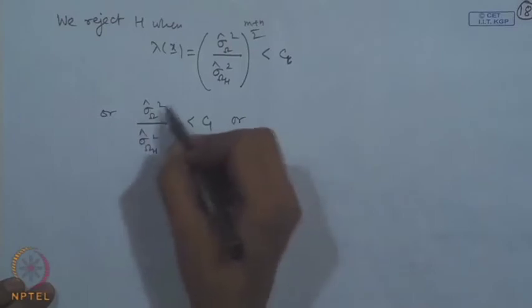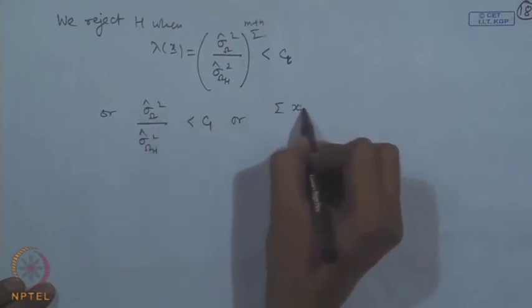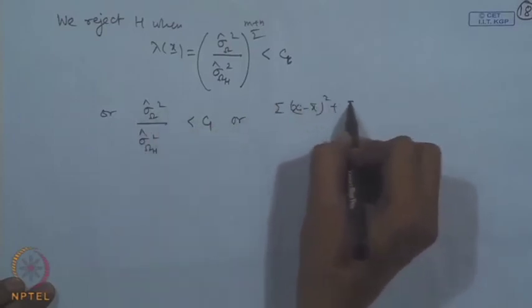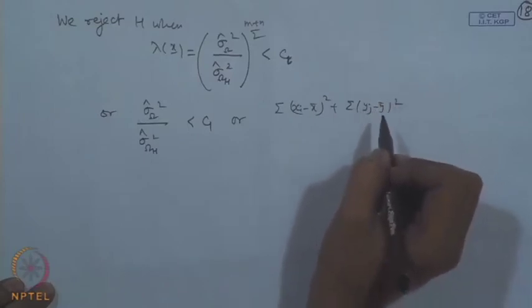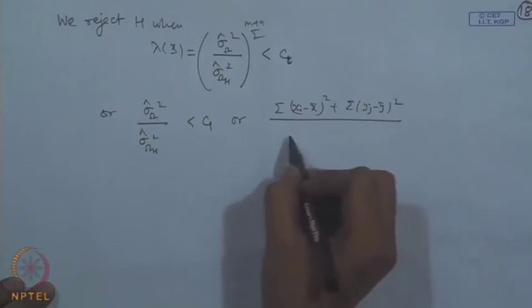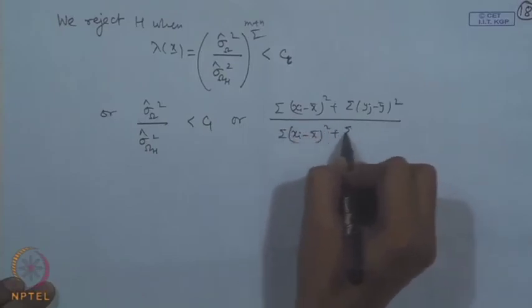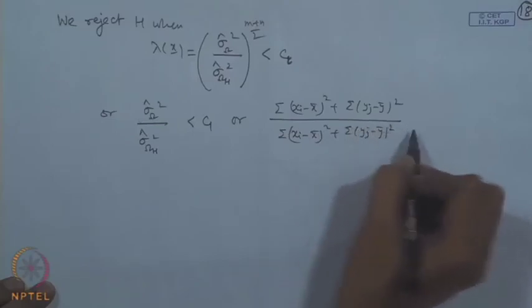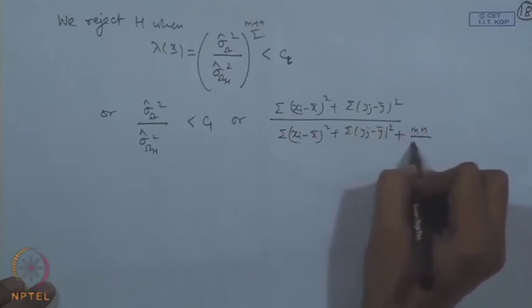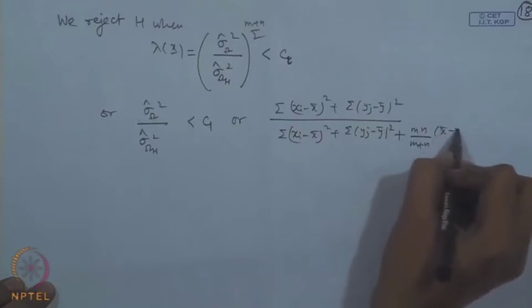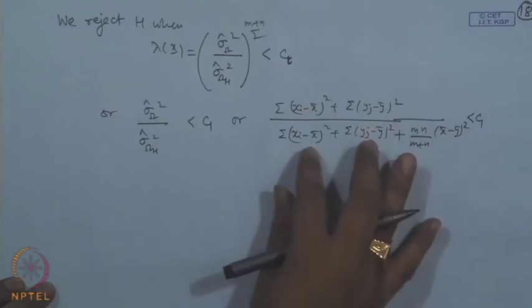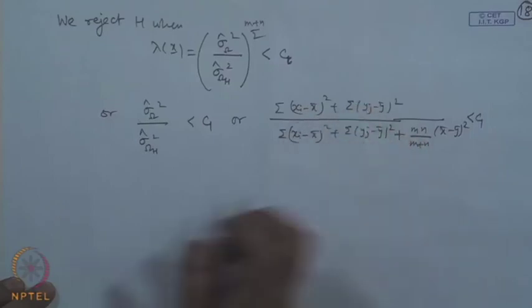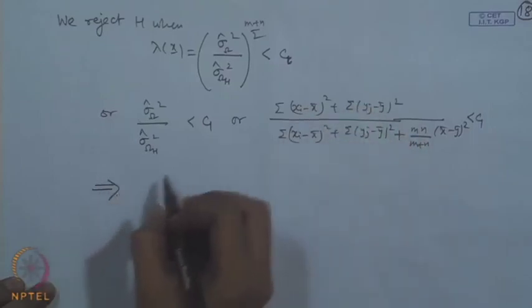Now, we substitute the values here. This is sigma x_i minus x bar square plus sigma y_j minus y bar square divided by m plus n, and in the denominator then I have sigma x_i minus x bar square plus sigma y_j minus y bar square plus mn by m plus n times x bar minus y bar square. This is less than c1. You take the reciprocal and then subtract, then this will give us actually